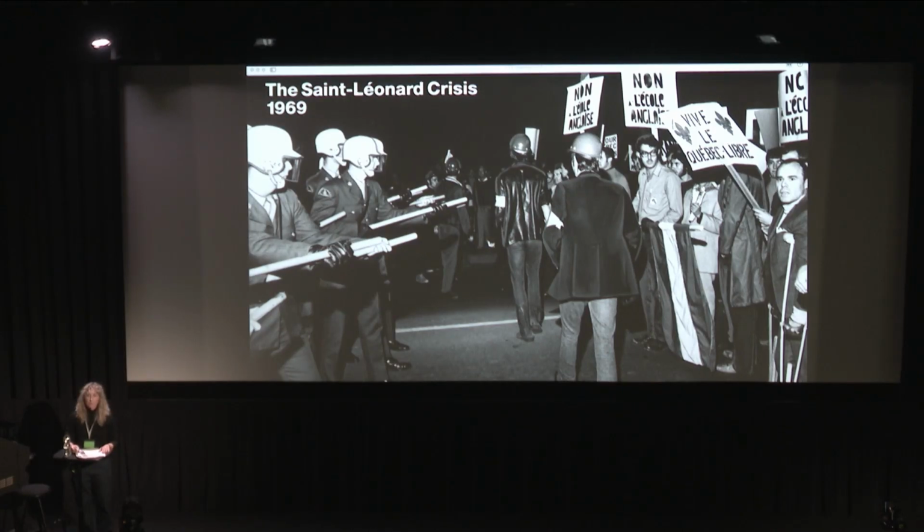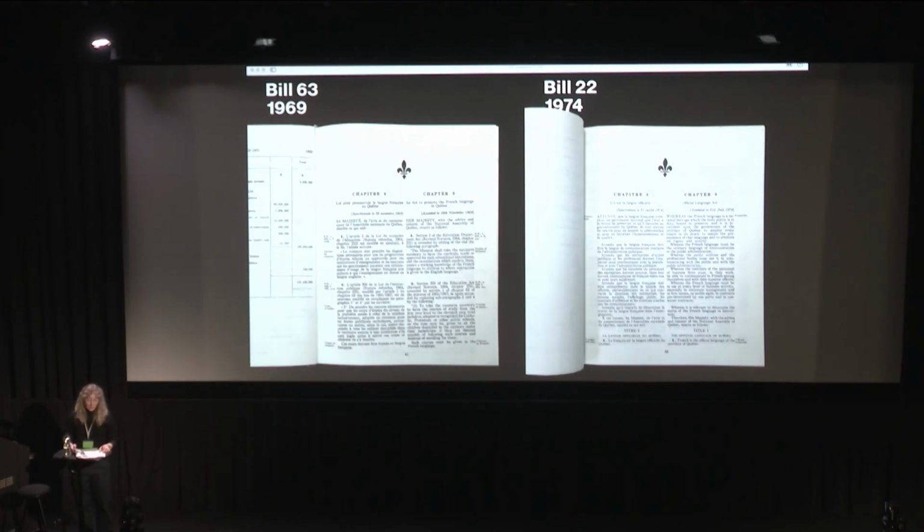In 1969, a conflict between Francophones and Italian immigrants over the language of school instruction sparked protests that led to Quebec's first major language laws. And there's actually a really nice documentary that was released last year by Félix Rose. Two language laws were passed: Bill 63, which promoted French but left parents free to choose their children's school language, and Bill 22, which limited access to English school.